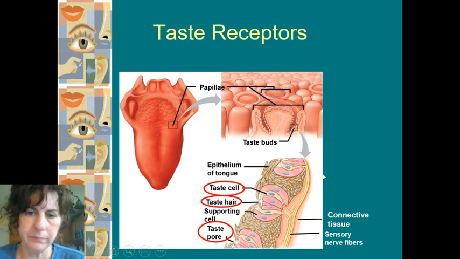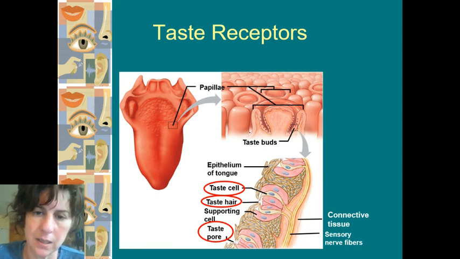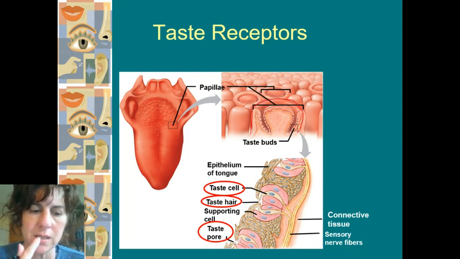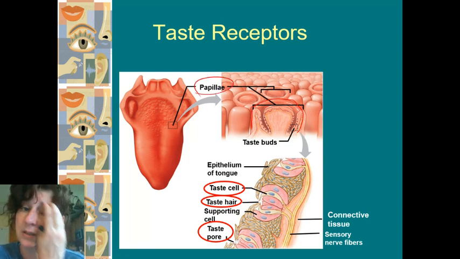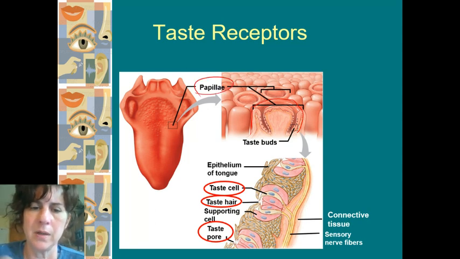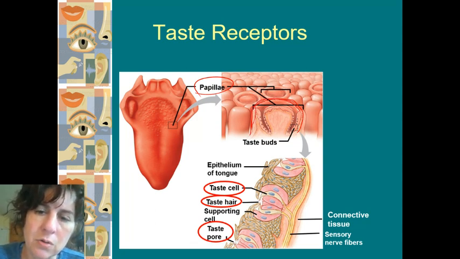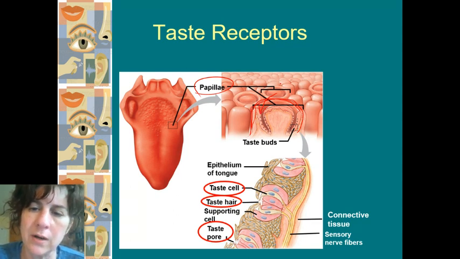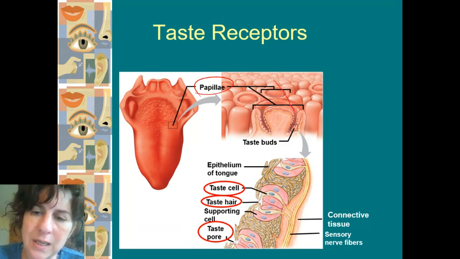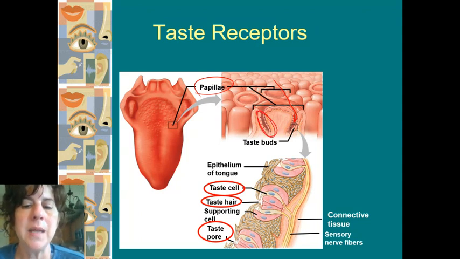So when we're looking at it, what we tend to think of as being a taste bud is this whole protrusion that you feel on your tongue, but that is actually what we call a papilla. We've seen lots of papillae come up, but each one of those has these little grooves. The chemicals wash across your tongue and mouth and go into the grooves, and lining the grooves you have many, many little taste buds.